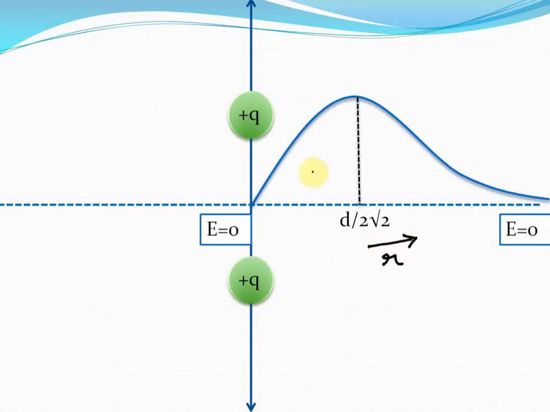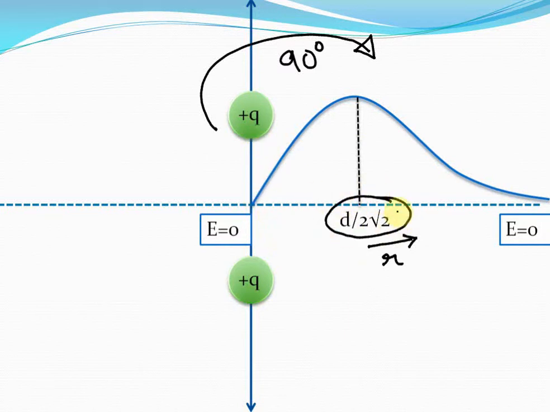That is the reason why you can see that these two charges are placed one above the other and not one left of the other or one right of the other. So basically we've turned the graph like this by an angle 90 degrees to make it easier to depict the variation of electric field with the variation of R. As you can see, at a perpendicular distance d by 2 root 2 from this two charge system, the electric field is maximum. It is 0 at the origin and it is 0 at infinity.